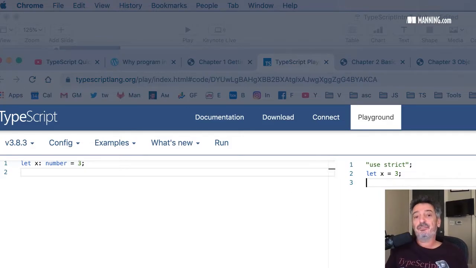So if this would be a real project, we would be deploying this piece of code. Browsers or any other JavaScript language, they still need JavaScript. They don't run TypeScript. So there is a process, there is a step to compile. Now let me show you another example.